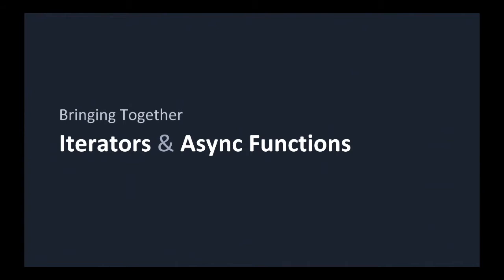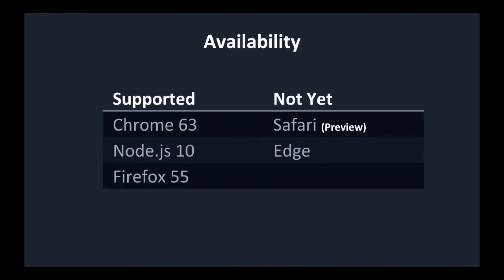Iterators and generators kind of go hand in hand. A generator is a function that creates an iterator. So when you take these two language features and converge them, what you get is a really powerful abstraction for working with streams of values. So in terms of availability,